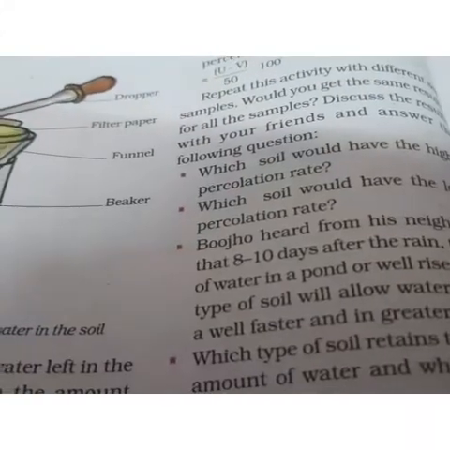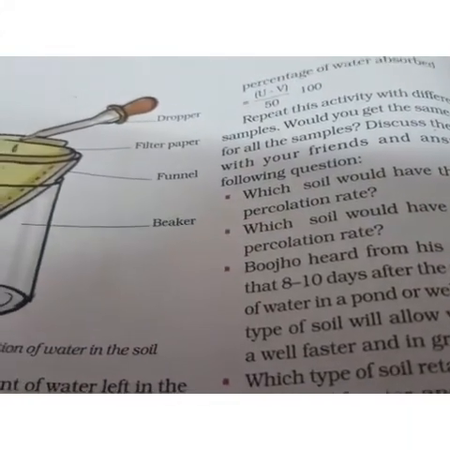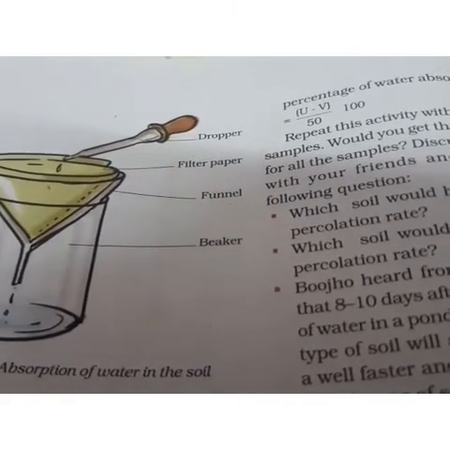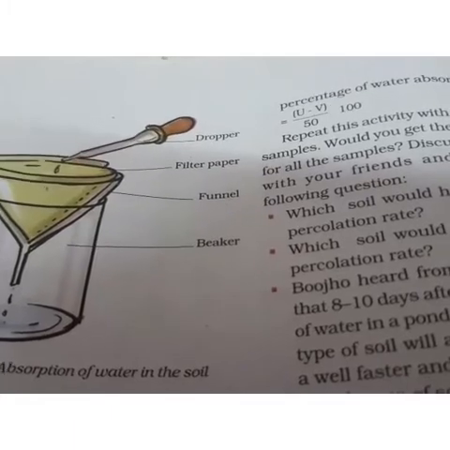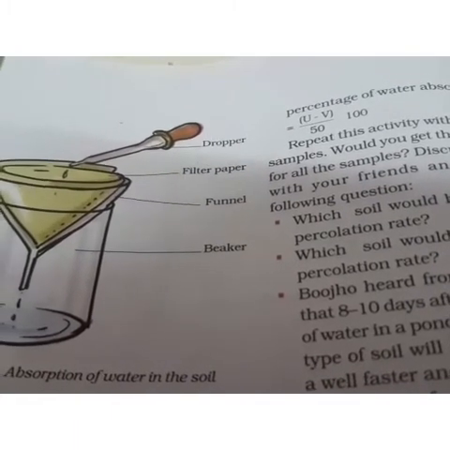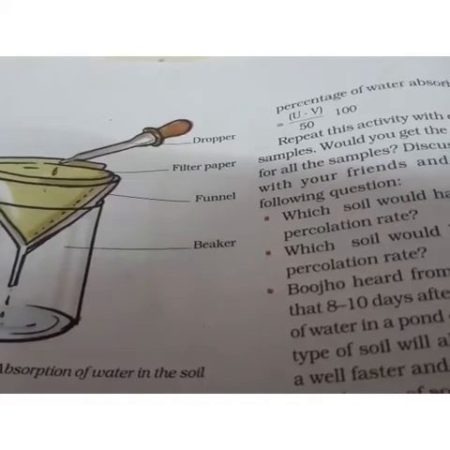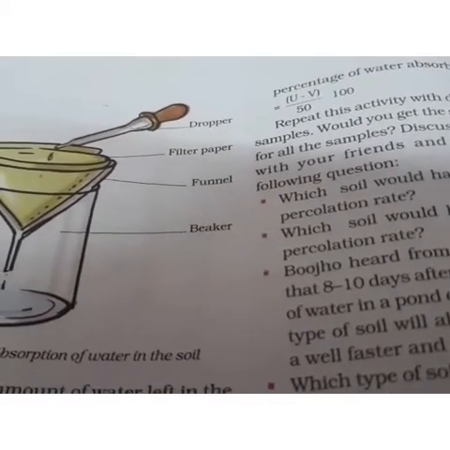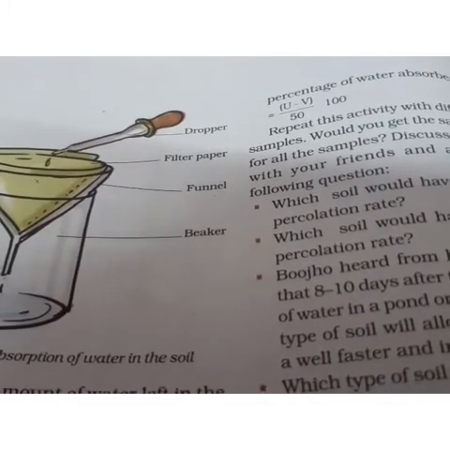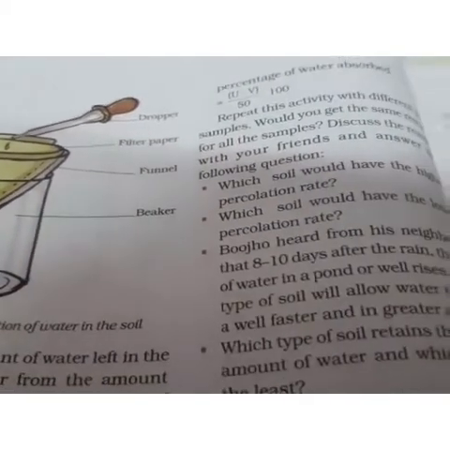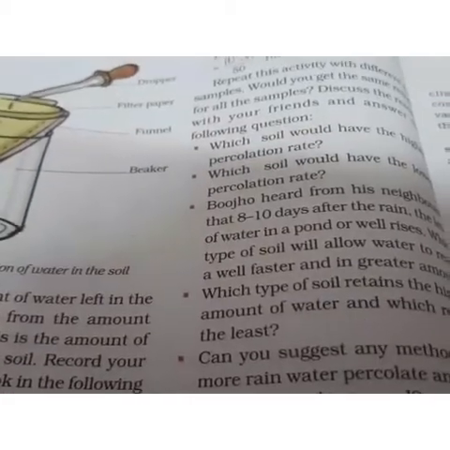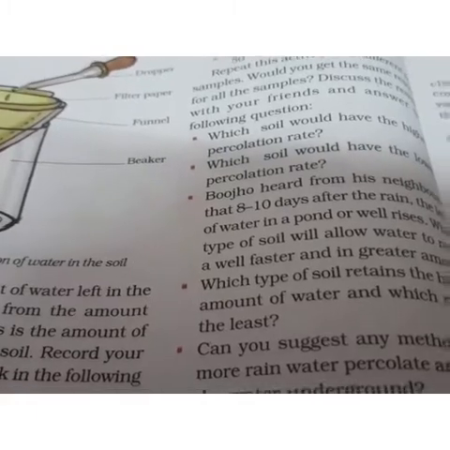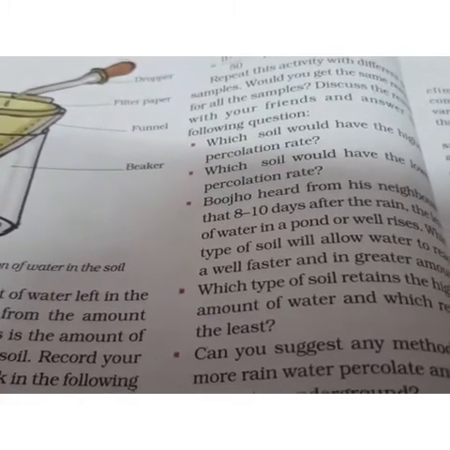Now, this is the one example that is given, or experiment which is shown, that if you take a certain type of soil, this much amount of water is absorbed. It is just an experiment that is given. Now you have to collect different types of soils. As you know, there are different varieties of soils. So you take different varieties of dry soils and repeat this experiment with each type of soil, and then note your observation of what happens. Because all the soil will not absorb the same amount of water. Every soil will absorb a little less or a little more.